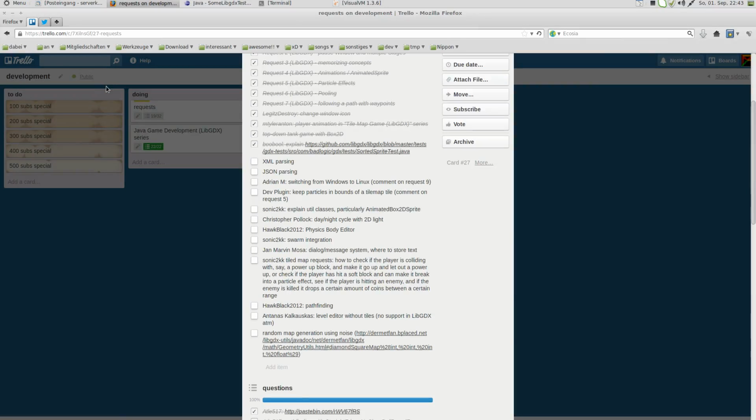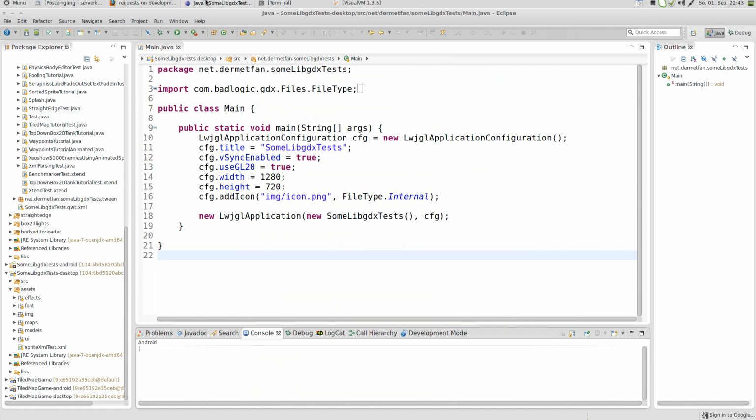Alright, welcome to another video of libgdx tutorial stuff, and today we are going to talk about XML parsing. And that's so ridiculously easy in libgdx that it's fun actually. So let's go ahead and create a new XML file that we want to parse